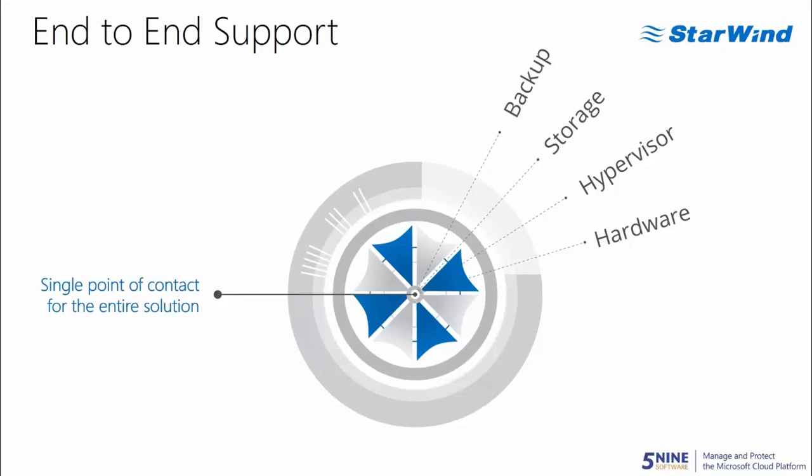Because that is the most painful thing in a multi-component environment, where the hypervisor vendor says it's storage, the storage vendor says it's the drivers, and the customer is not happy. The customer wants his problem solved. And our support goal is to get any possible problem solved and to make sure that your HA environment is